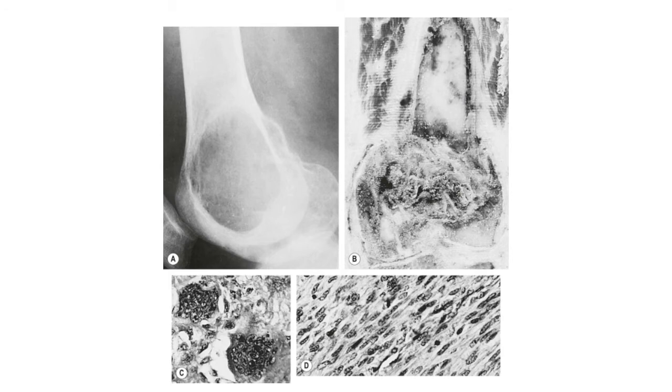Picture C is showing the previous or earlier tumor, clearly showing that it is a giant cell tumor with an abundance of giant cells in a mononuclear cell background. But D is showing another morphology, that is the development of a fibrosarcoma-like picture. A high-grade sarcoma can develop at the site of a previously treated giant cell tumor.